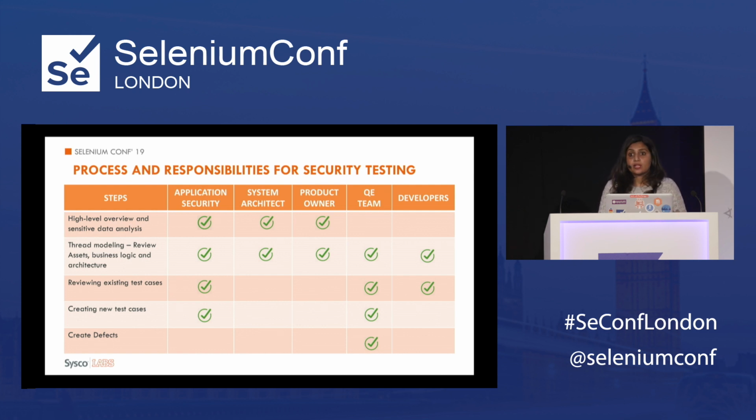And they will be helping them to enhance the test cases, adding value to them. And also, they will be creating new test cases and explaining them to the quality engineers as well. And then the defects will be created. Usually, when the automated scripts are running, the defects are created, and then those defects are reviewed by the rest